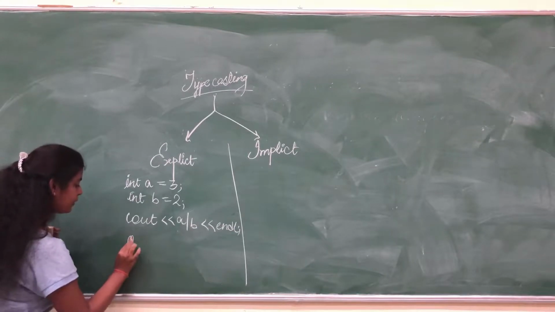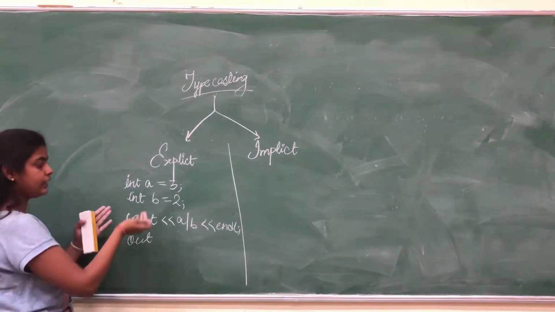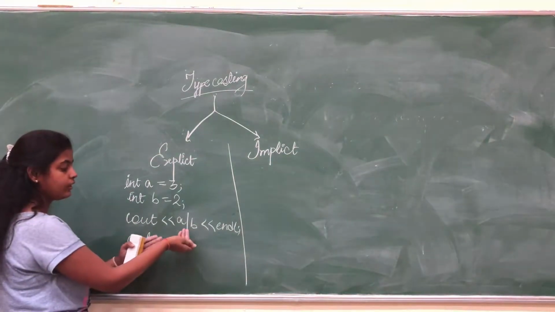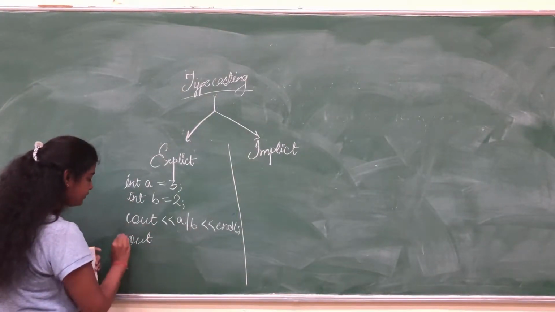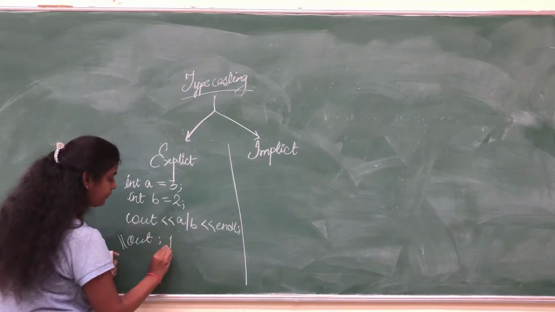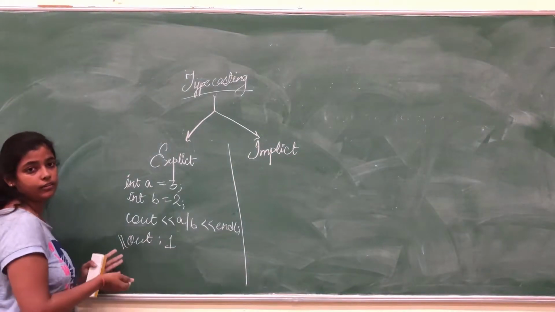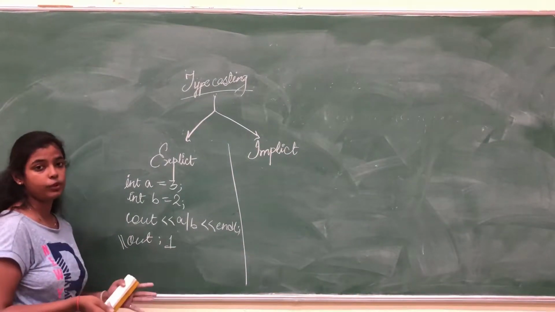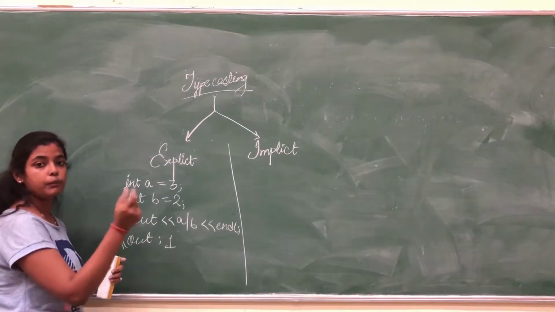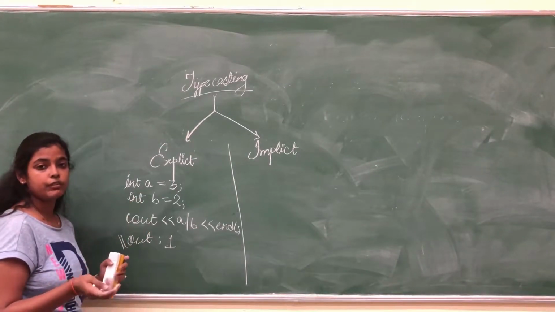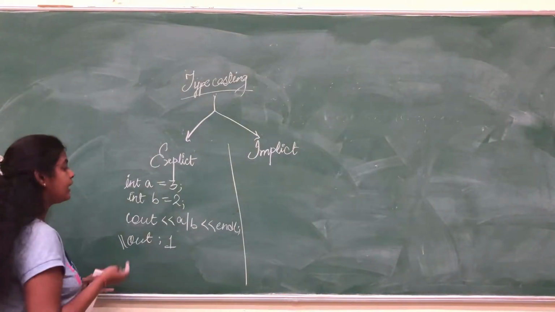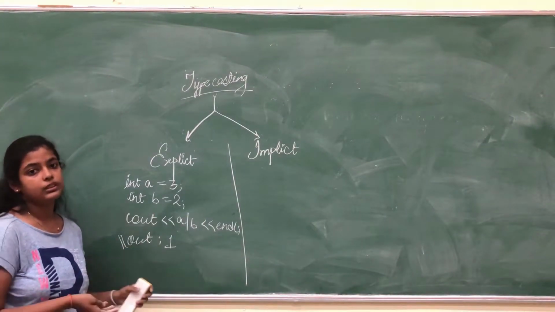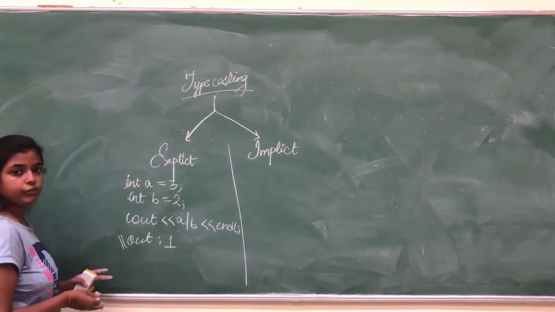The output is going to be in int data type, obviously, because we have not changed any data type. So the output will be 1. But we all know that 3 divided by 2 is not 1, it's 1.5. To include the decimal values, we are supposed to change the data type. We can include float or we can use double. Here we are going to include float.